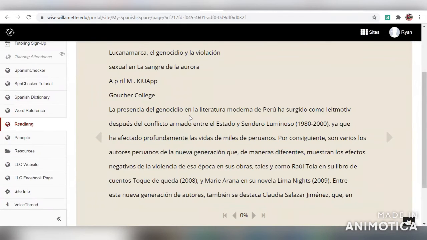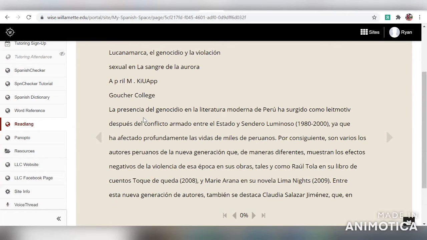And the reason this is useful is because, speaking from personal experience, a lot of times the articles we get for class or selections from different novels or whatever the case may be have language that we're not familiar with, whether it be because of the region they're written in or if it's academic language. But for me, a lot of my time is spent going back and forth from a Spanish dictionary back to the article, and so that takes a lot of time. And sometimes I lose the overall meaning of the article because I'm so caught up in what each individual word or phrase means. So Readlang is helpful in this way because it allows you to stay in the program